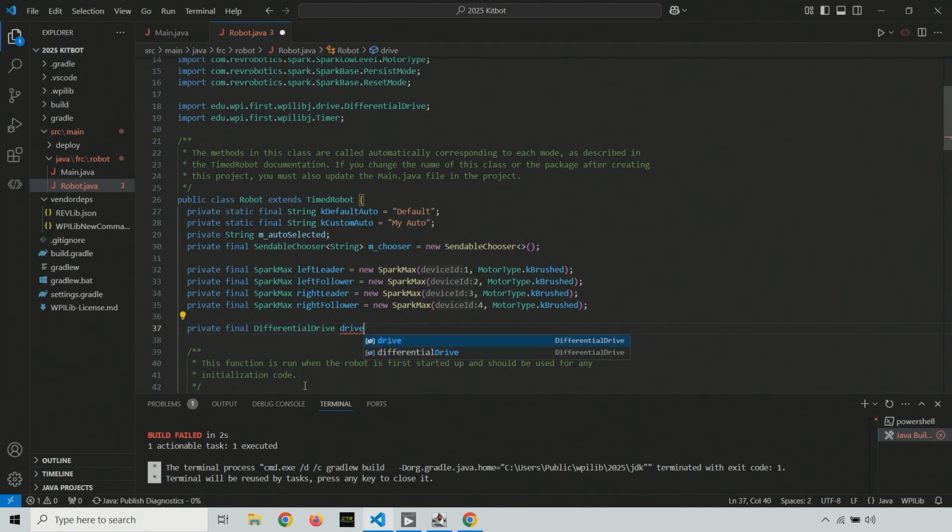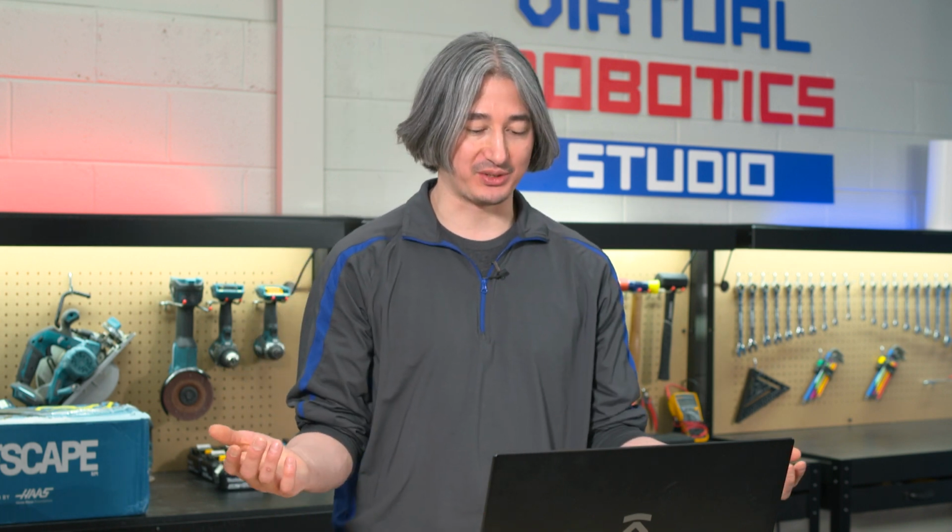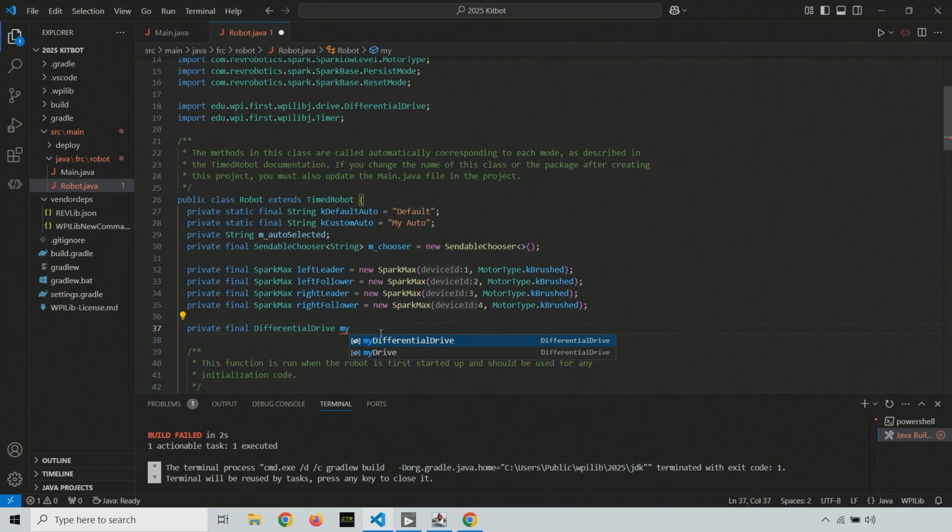I think you can just use drive. Maybe not, because drive pops up as an autocomplete. I'm afraid of using that because I don't want to name one of my things something that's already being used. There are a few different ways you can get around that. Sometimes there's this m underscore that shows up. I'm going to just call this one myDrive, and I'm going to capitalize the D. And that's going to be a new